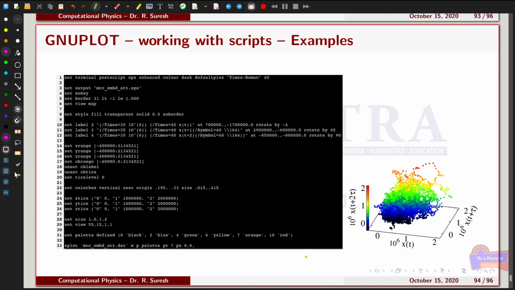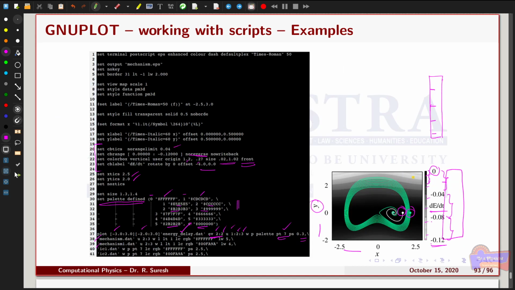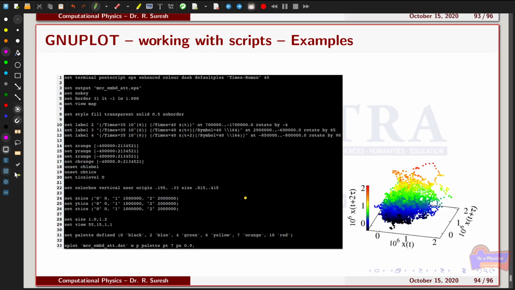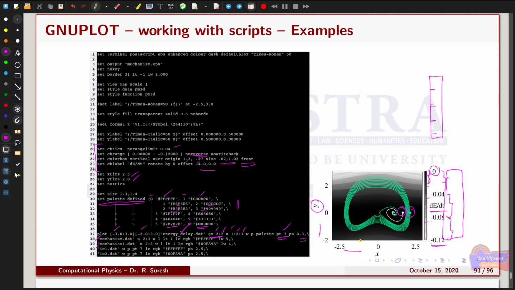Fine. So in the previous figure I used the monochrome, the grayscale shading, and the palette in grayscale. But in this figure, I have used the color scale. Also, I have changed the CB ticks, the color box size. Also, this is a three-dimensional figure. Whatever we have seen in the previous is a two-dimensional figure, that means I have only the data for x and y, and you can represent the third value by projecting the three-dimensional data in a